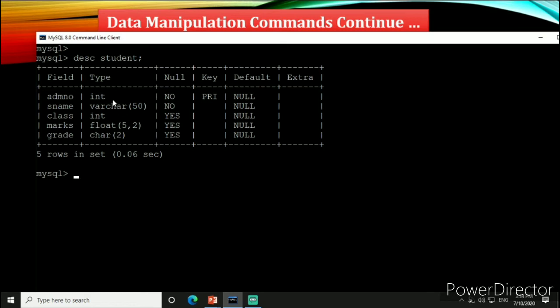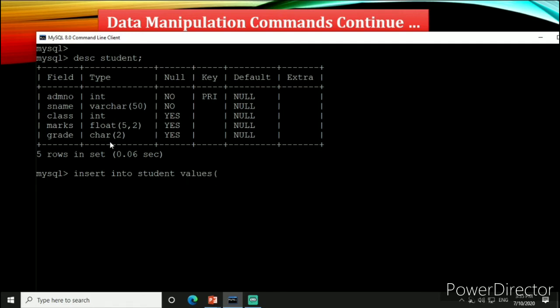This is our table structure. In this table there are 5 columns: admission number, as name, class, marks and grade, and we want to insert a record in this table. So we have to use insert into table name, which is student, and we want to insert the values in all columns.